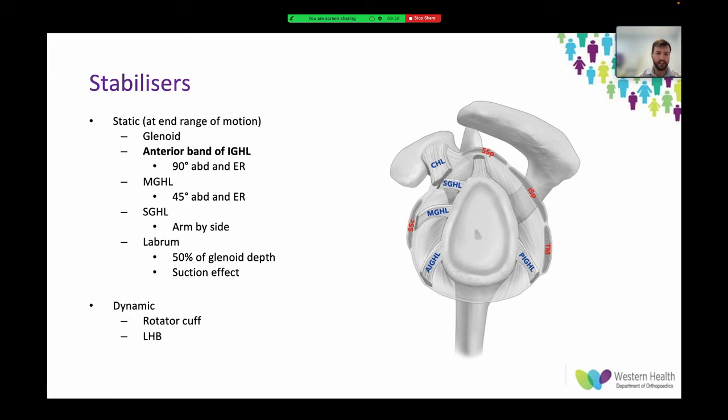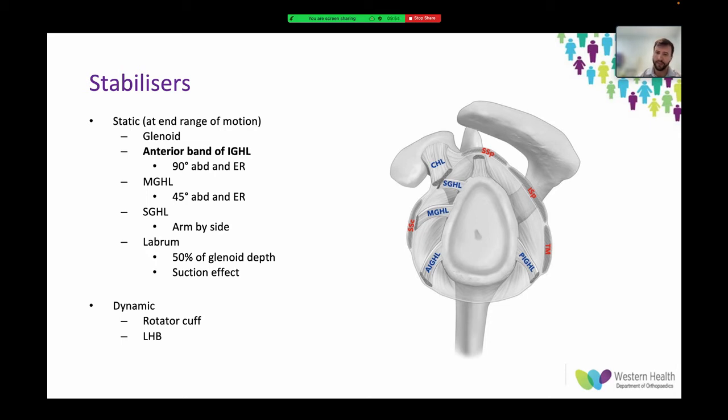To understand the shoulder and instability, we need to understand the stabilisers, and we divide these into static and dynamic stabilisers. The static stabilisers are particularly important at end range of motion, and these can be further divided into bony and soft tissue. And the glenoid anatomy and the version is part of the static stability. However, as we know, the shoulder is a relatively unconstrained joint, highly mobile, and thereby we depend a lot more